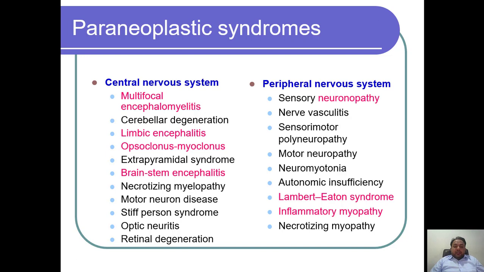For example, in the central nervous system, the common paraneoplastic syndromes are cerebellar degeneration, limbic encephalitis, opsoclonus-myoclonus syndrome, stiff person syndrome. In the peripheral nervous system, paraneoplastic syndromes could lead to Lambert-Eaton syndrome, and sensory neuropathies are commonly seen in our